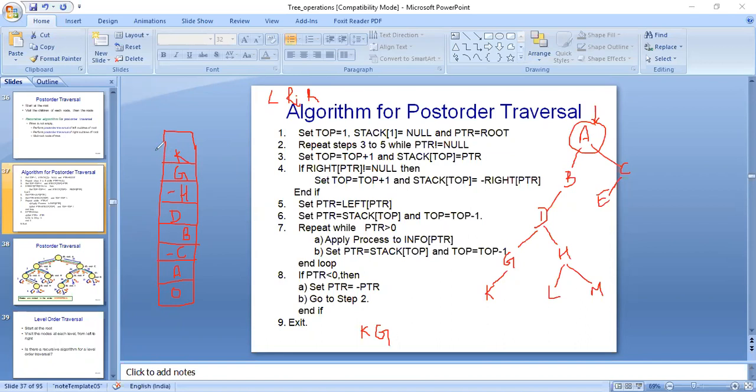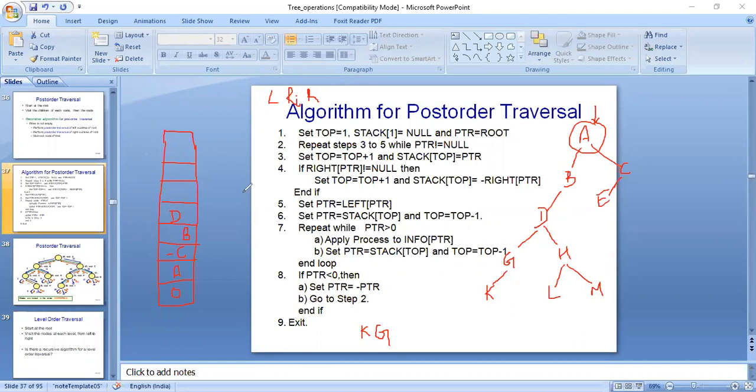Till we encounter the negative sign, we will backtrack. So we will pop this, but this will not be processed. So this is the meaning of using negation here. We have popped K and processed it. We have popped G and processed it, and we have popped H, but we have not processed it.